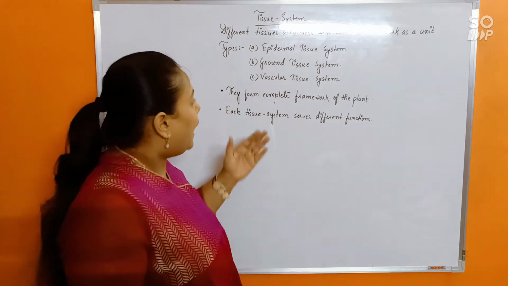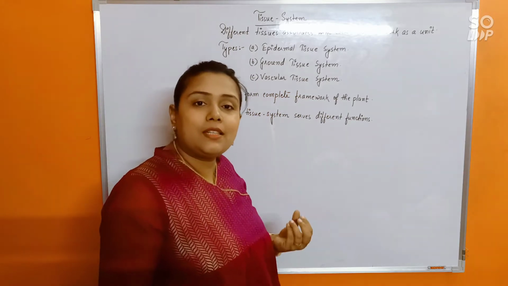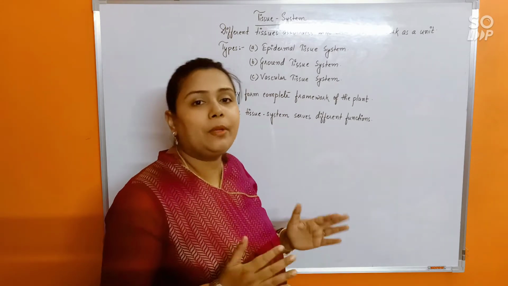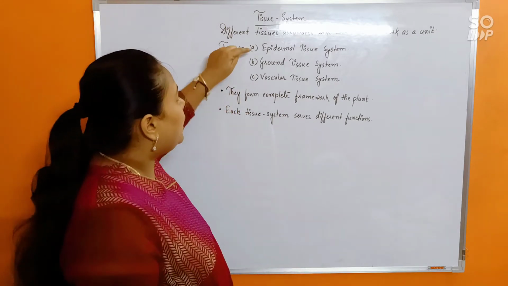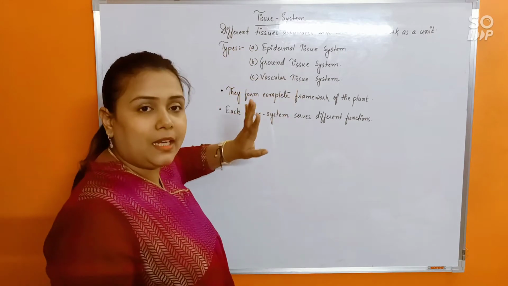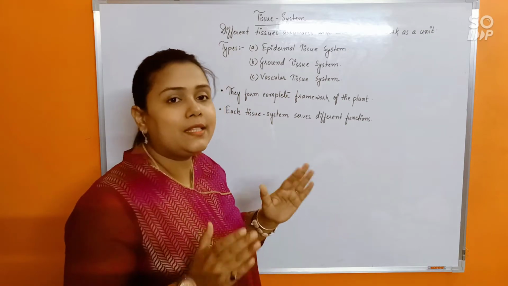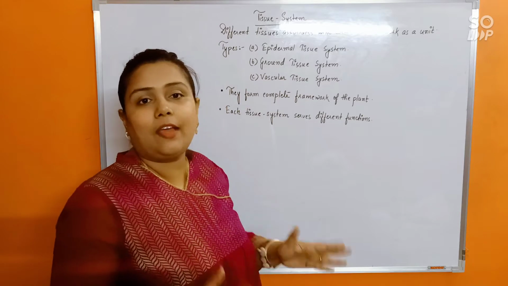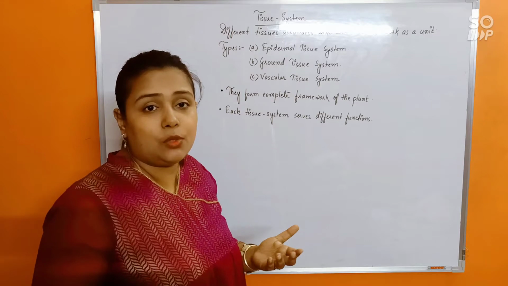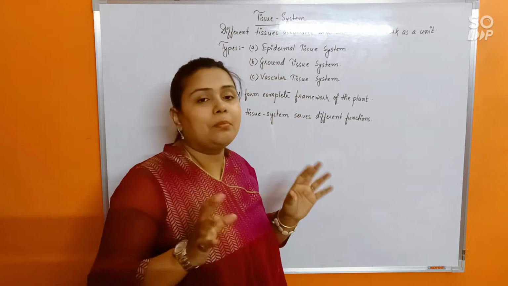Okay. Likewise, vascular tissue system means the tissue system which constitutes the major transport system in the plant body, that is xylem and phloem. So, epidermal tissue system is the outer skin and vascular tissue system means mainly the xylem and phloem. Now, other than outer skin and xylem phloem, whatever else is the rest of the plant body is constituted of, that will fall under ground tissue system. So it is as simple as that.